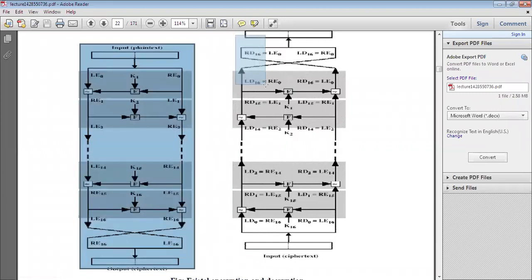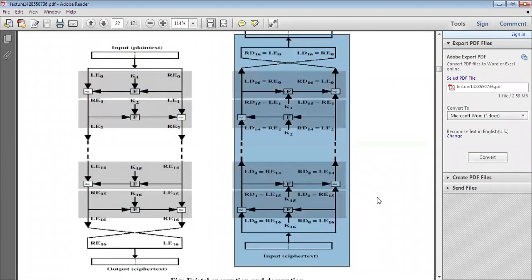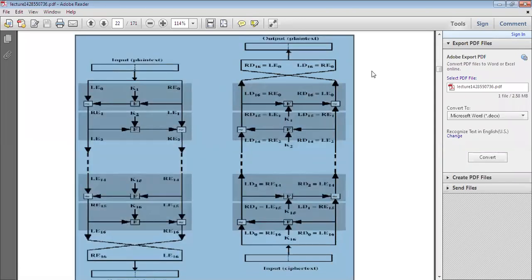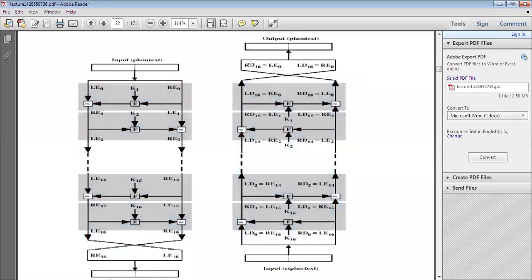Now how can we decrypt at the receiver side? How do we decrypt this process? The ciphertext is the output. That output you have to consider: the right side value you take as the left side, and the left side value is taken as the right side. You can do it in the reverse process. So the ciphertext is the input, and the K16 key value you have to consider, and the key is applied.